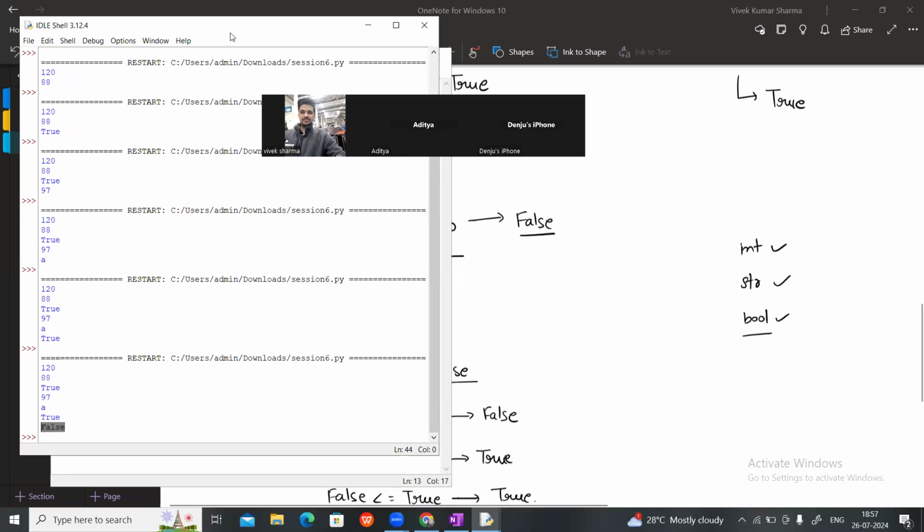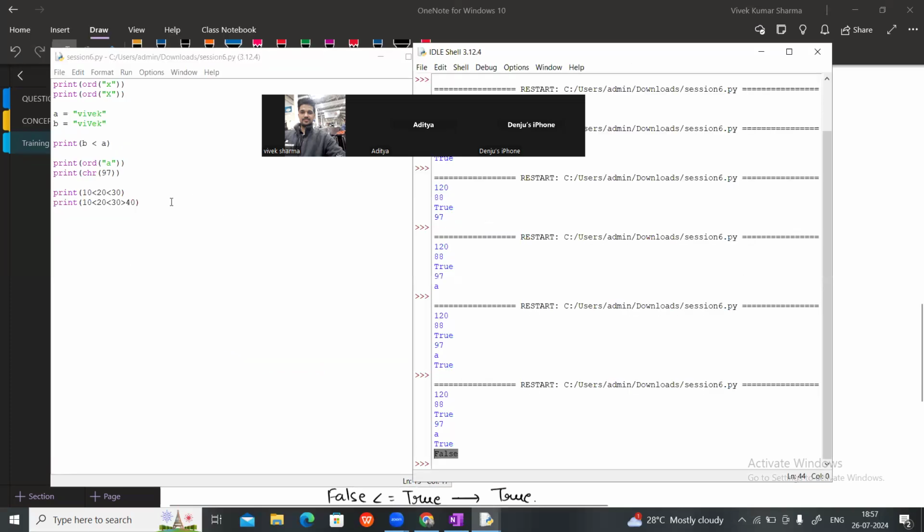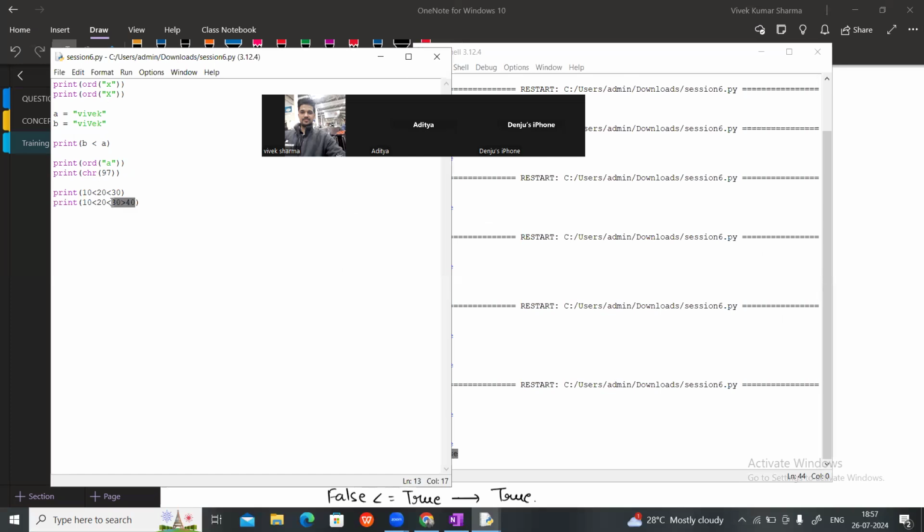Why false? Because here one combination is false. 30 is not less than 40. This combination is false. Due to this false combination, the complete output is false. Right? Now I will show you print